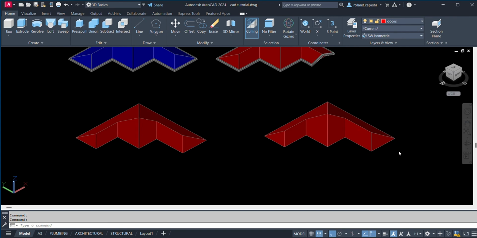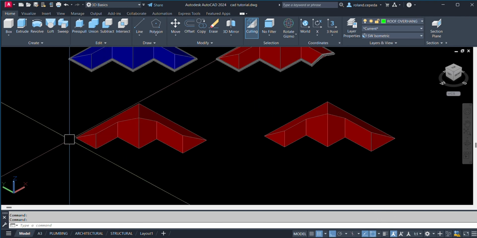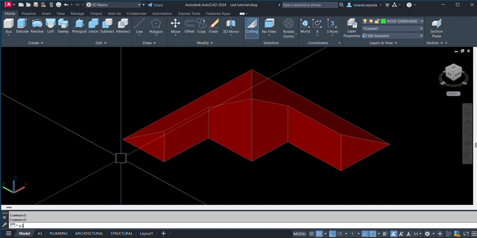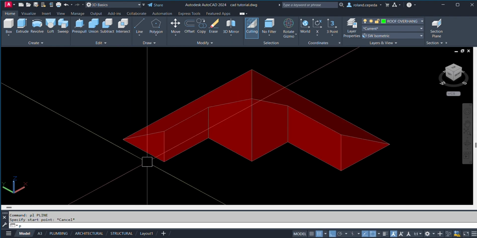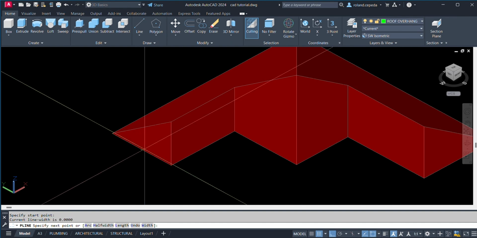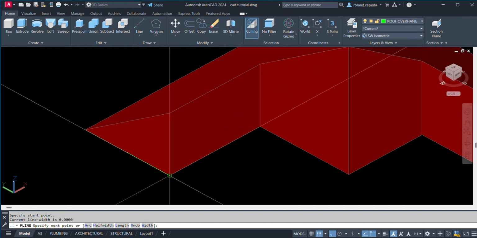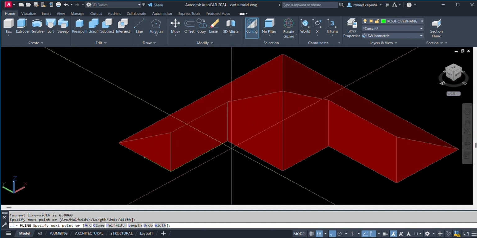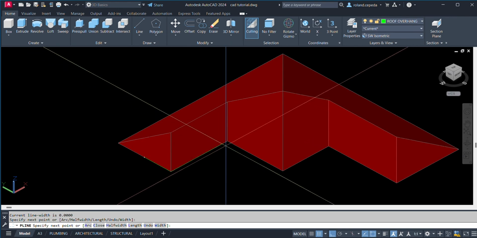I'm going to select other, let us say, I'm going to create the polyline as the path line for the extrusion or the sweep command.